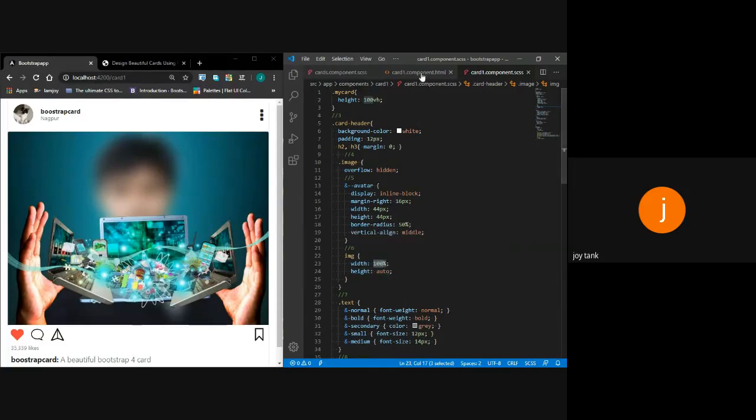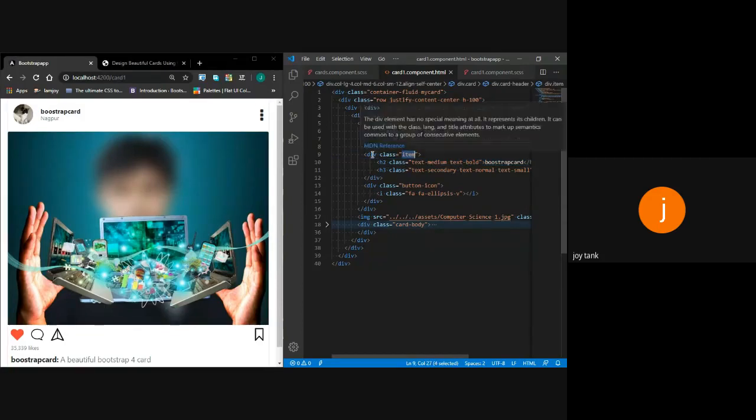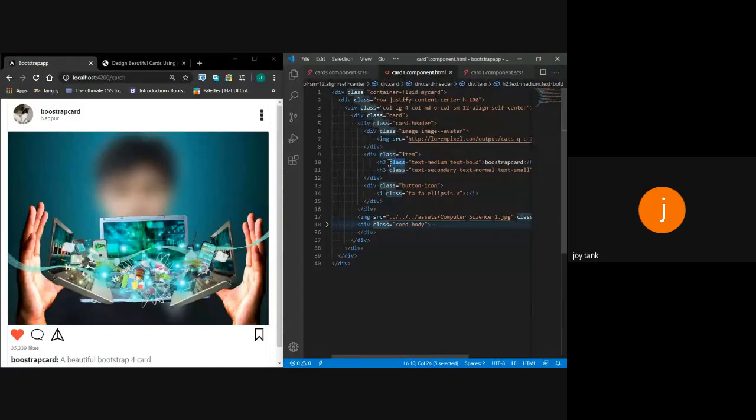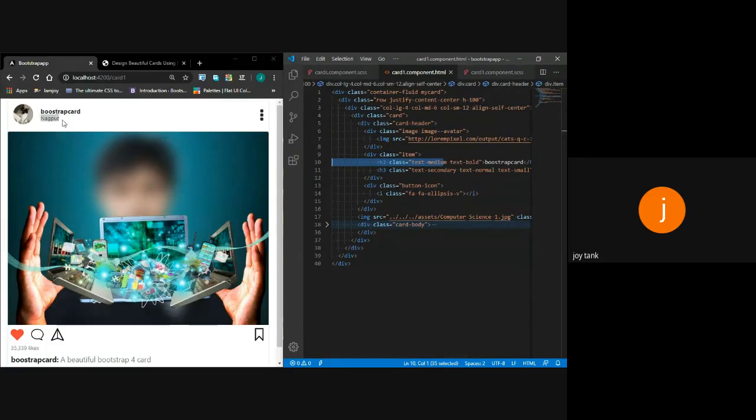Now I want my content, these items. This is your items. I want these items to appear one below the other. So what I did is I created a div container, I created a class item. Within this container, I have taken two tags, x2 and x1. The x1 tag contains Bootstrap, and the second tag contains the x3 tag. So how did this appear one below the other? Why? What's the question?